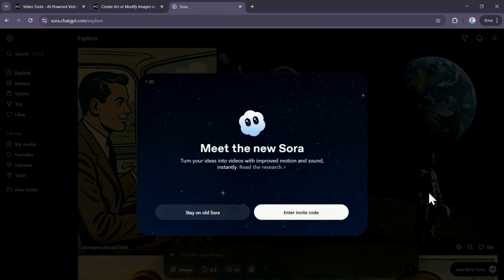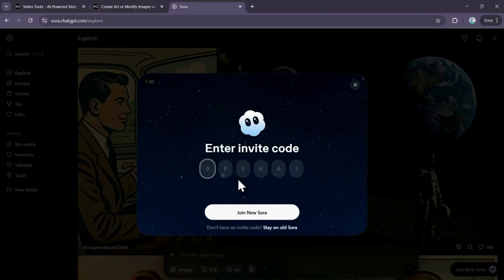In this video, I'll show you how you can use Sora 2 without needing any invite codes. Right now, the main challenge with Sora 2 is that it is primarily released only in the US and Canada, and even if you are located there, you often still need an invite code to gain access. While using a VPN is an option, I will show you how to use Sora 2 immediately without any waitlist